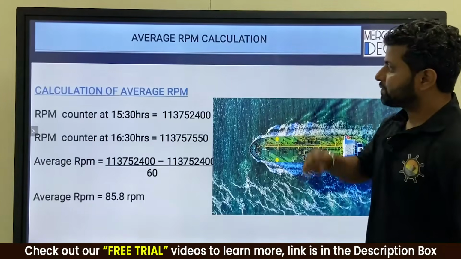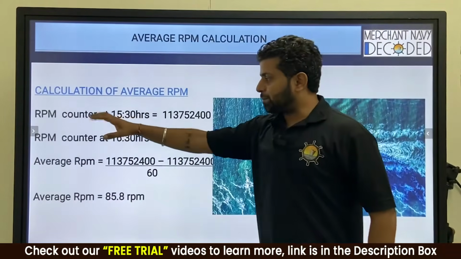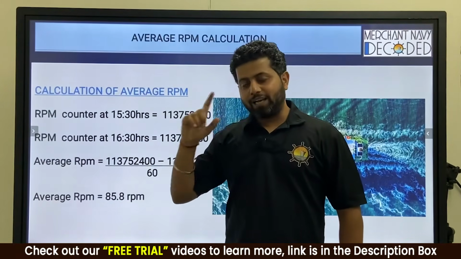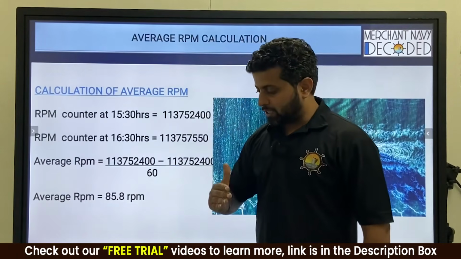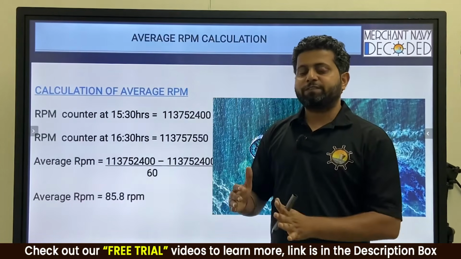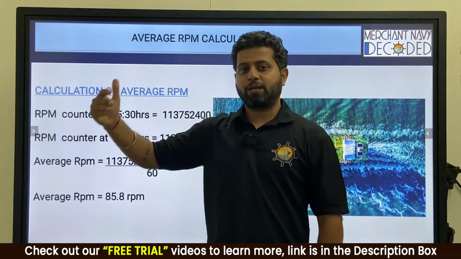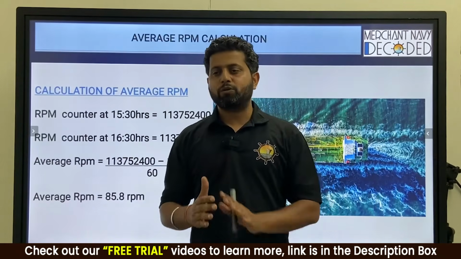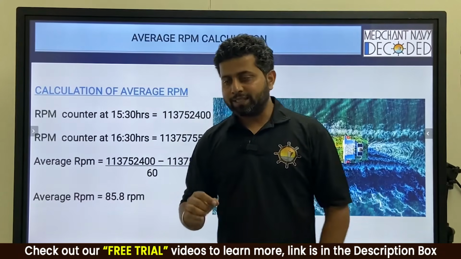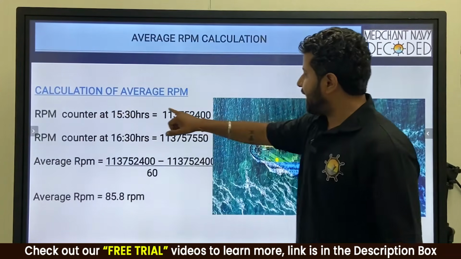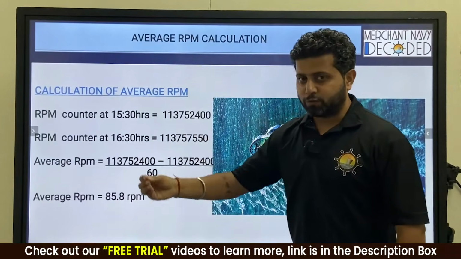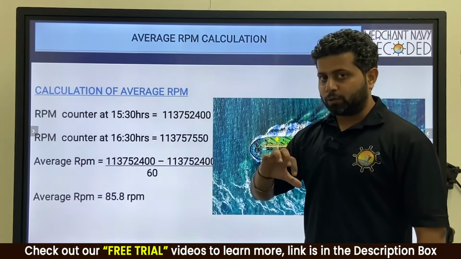Last but not the least, how to calculate average power. So RPM, suppose you are taking main engine performance, you tell bridge, now I am going to start my main engine performance. So you increase the main engine RPM to say 85 RPM. It takes say approximately 45 minutes for the engine to reach from 70 to say 85 RPM. Now once it has reached 85 RPM, you keep it there for 10 minutes. Let everything else get stable, and then say at 15-30 hours, you take the RPM counter. After that, you take other counters, say cylinder oil flow meter, main engine flow meter, for calculating consumption as well. So we'll be talking about counters later.